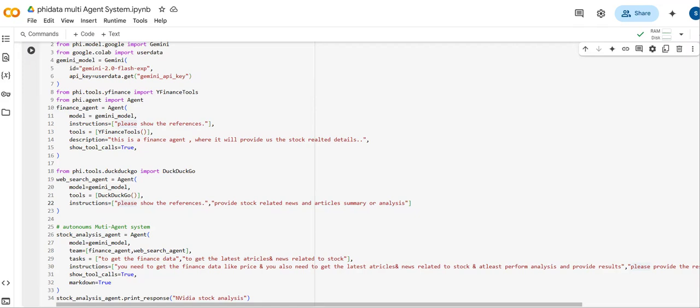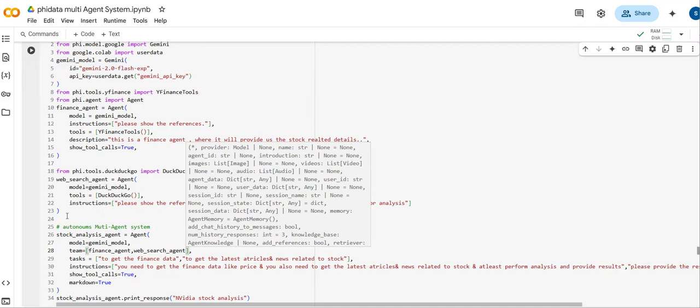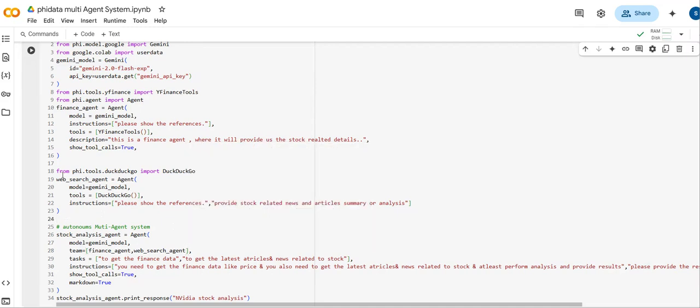Not only this, for real-time analysis, you can also include some more details. You can use a better model here to get more optimized results, and you can even increase the number of tools by providing them here, based on the agents that we create. You can create multiple agents. I've created only one web search agent using DuckDuckGo. You can use a Google search agent and provide that here and add some instructions to use that Google search agent as well to get other information, and not only finance data, you can also get some more data,